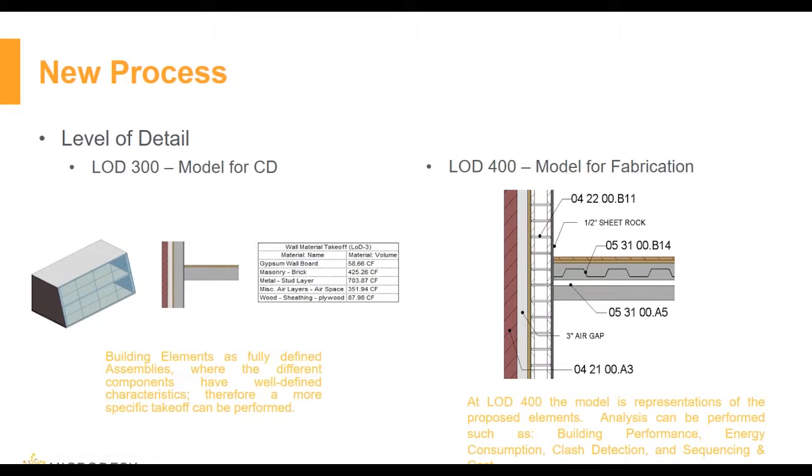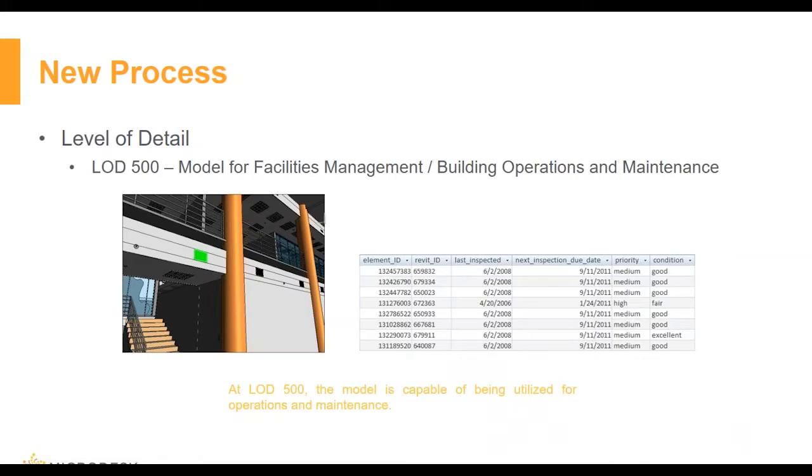And the highest level of detail that we have over here is level 500. Level 500 models include elements modeled as constructed or as built. Elements are modeled to accurate size, shape, location, and orientation. Non-geometric or physical attributes can also be included as parameters to their geometric shape. As you can see here in this schedule, you have an element ID, and you have an associated Revit ID for that particular element,